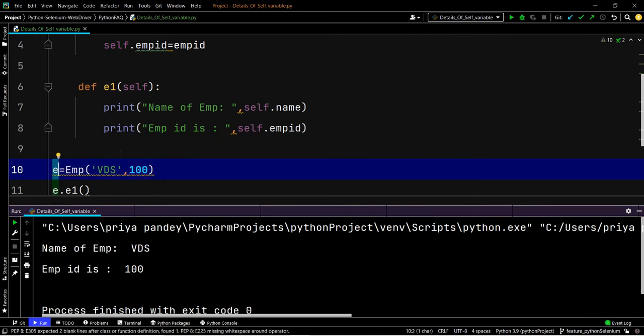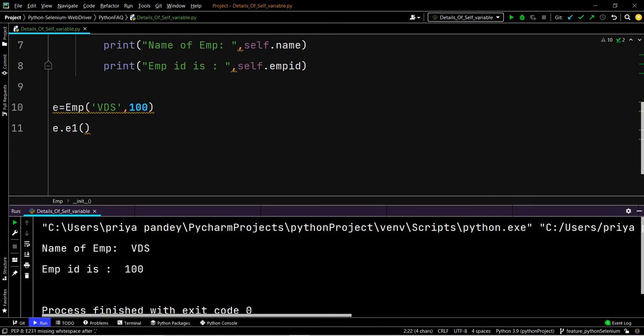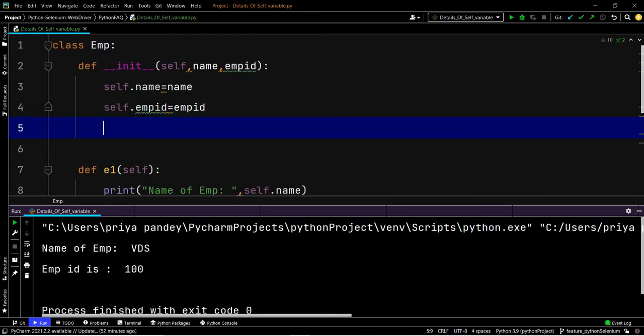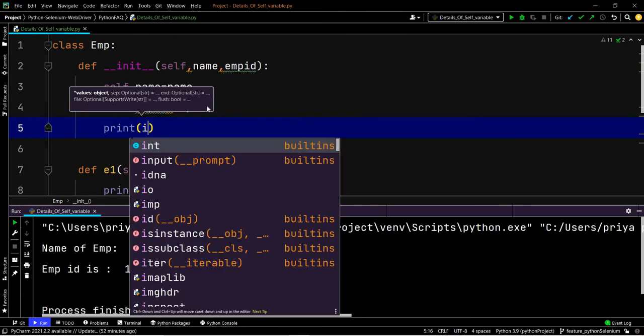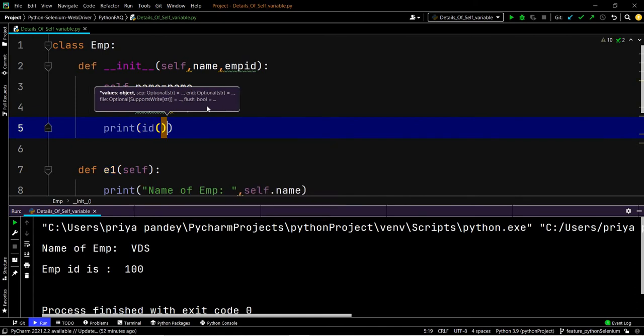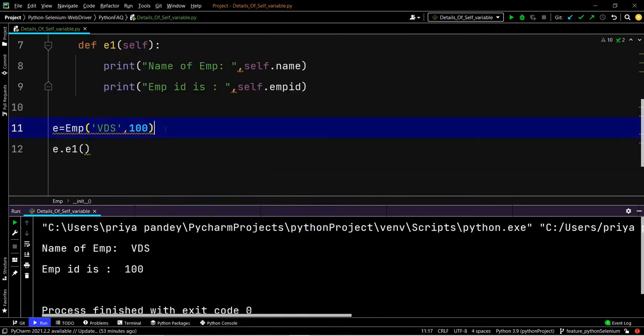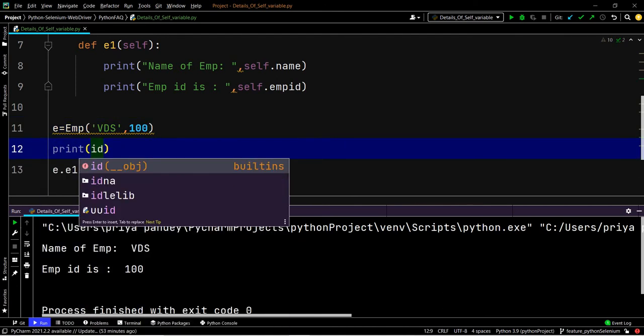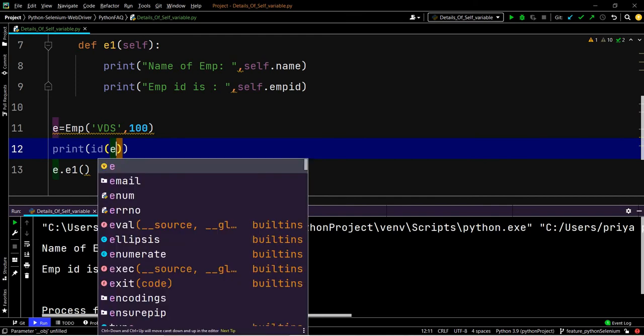This means the ID of self and the ID of the object should be the same. So for that, print the ID of self, and in the same way I'll print the ID of e.